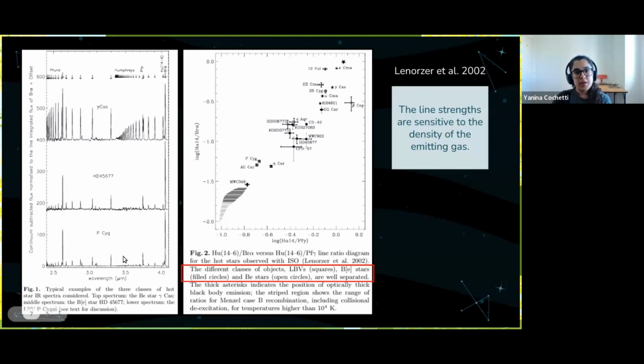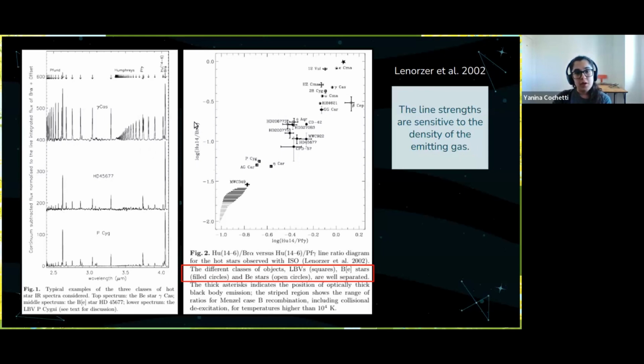So they made a diagram based on the line flux ratio of some lines. Here you can see that they use Humphreys 14, that is the line that is here, and Pfund gamma, that is the line here, and Humphreys 14 and Brackett alpha, that is the line that I showed you before here. So they put